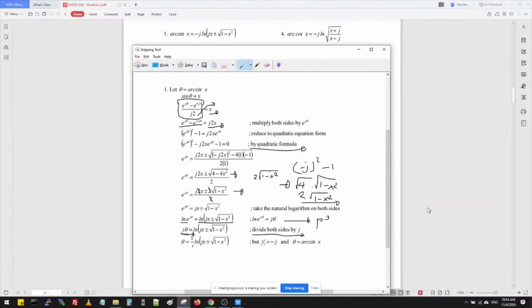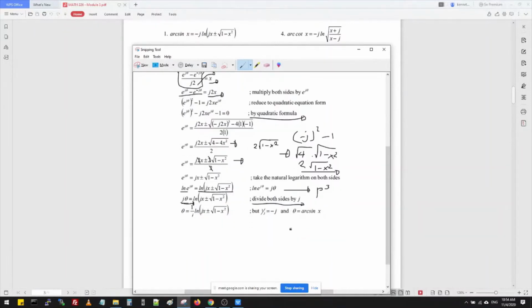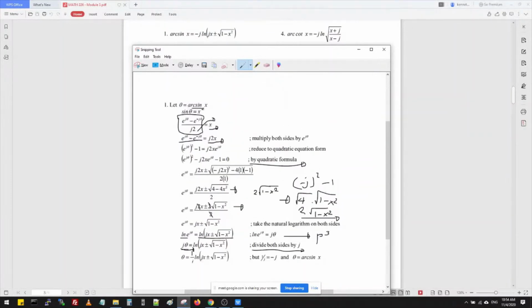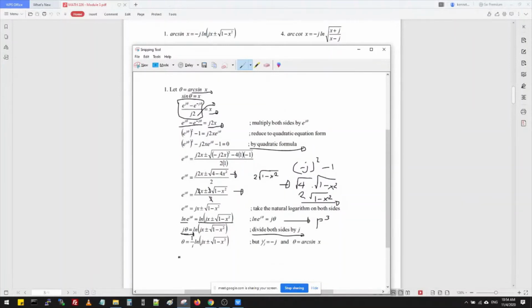Then what's next? After sine, 1 over j is negative j, right? So it is just the inverse, and theta is arc sine x. We let that earlier. Therefore, arc sine x is equal to negative j